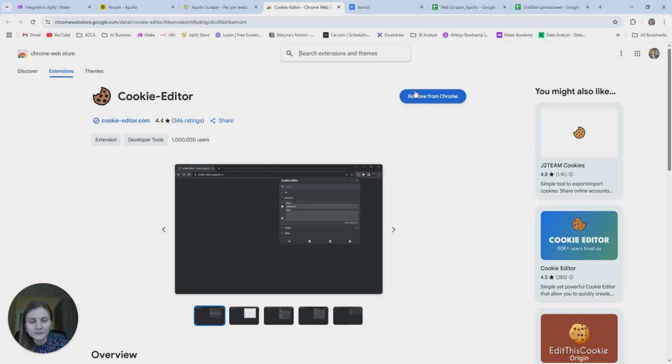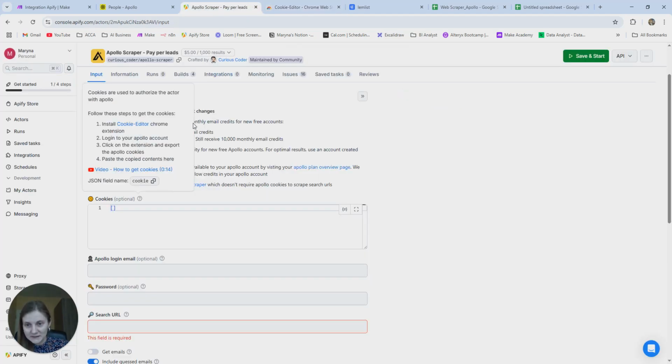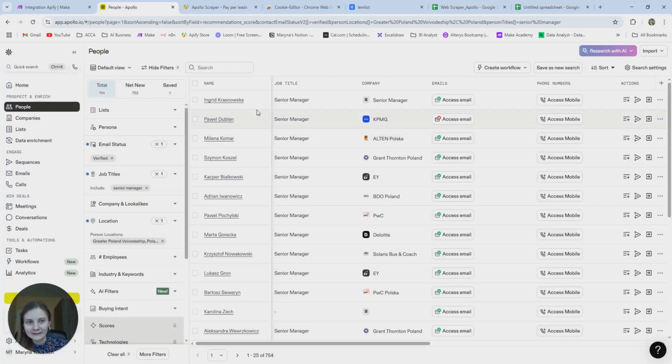And you will see the button Add to Chrome. So you click it and it will be added to your browser. And then you need to log into your Apollo account. And here,